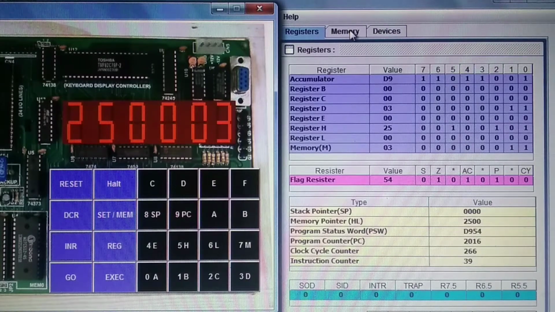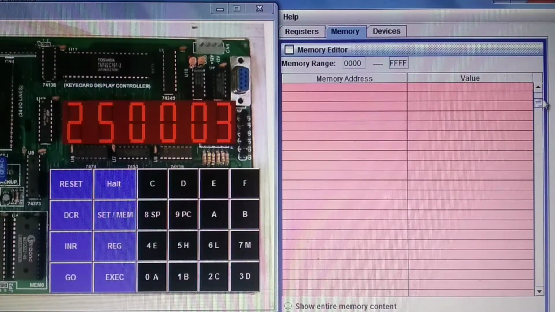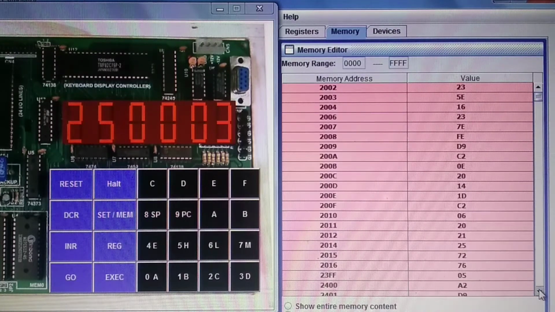Here we can check the contents of memory. Here is the program, and here the length of the block is 5 numbers: 1, 2, 3, 4 and 5, and D9 is present 3 times.